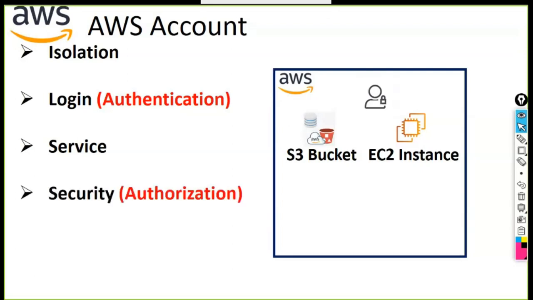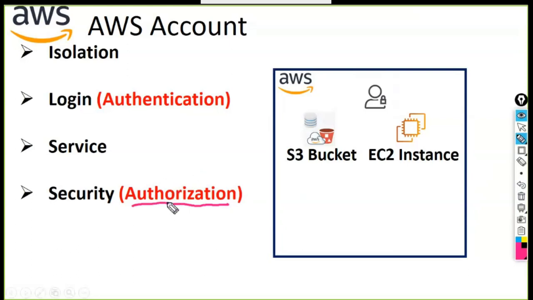Once you are able to get into the account and you see the services that you want to access, that again comes under authorization. So you can create multiple users, assign roles to those users, and say who can access this S3 and who should not. You can set the policies there. That policy will be set with the help of the IAM identity management features. Through that you will be setting the policies, saying who can access and who should not access. And who can access and who should not access is the question that comes under the term called authorization.